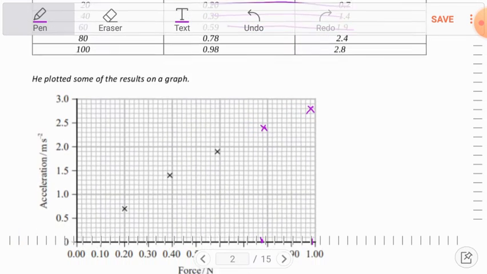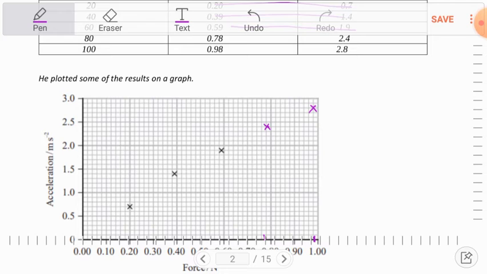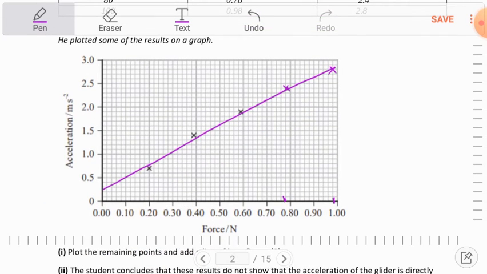And now as we need to draw a line of best fit, we have to connect all the points, and if we connect all the points it will be a slightly curved graph. Or you can just simply connect all the points from the middle and it will be a straight line. Like my one doesn't look like a straight line. Let me try it again. Okay, something better than before. It has to be a straight line and it meets the y-axis at a certain point. So this is how the graph looks for part B1.